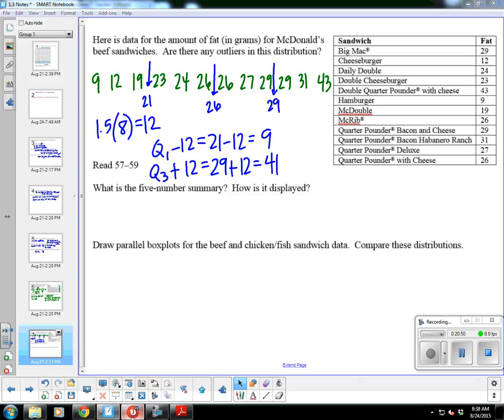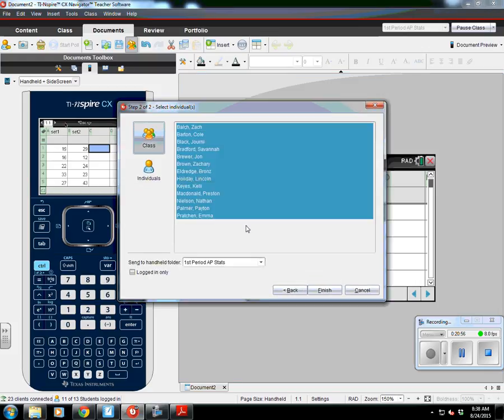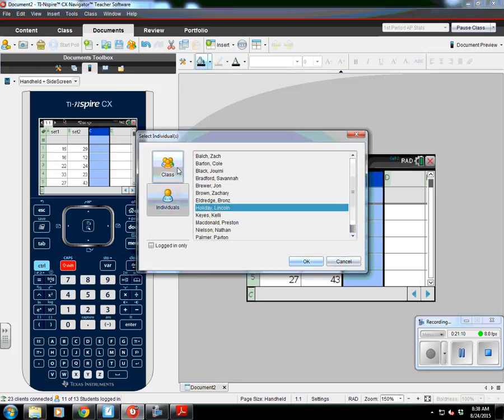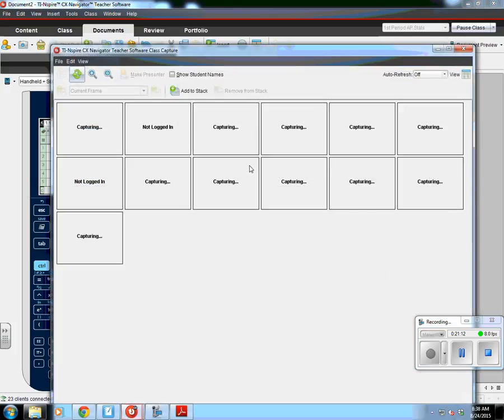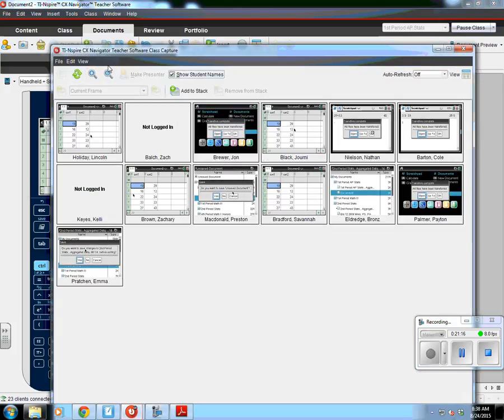Okay, let me go ahead and send you this. I'm going to show you how to create 2 box plots on your calculator so you don't have to do box plots by hand. Okay? All right, does everyone have the file I sent you? It's asking me if I want to save the changes. No, don't ever save.